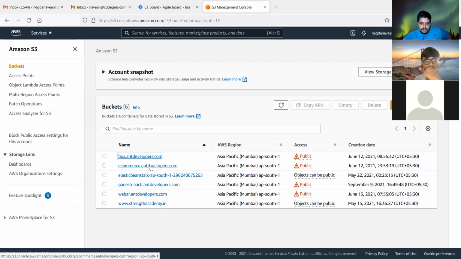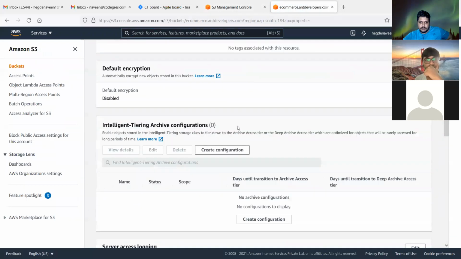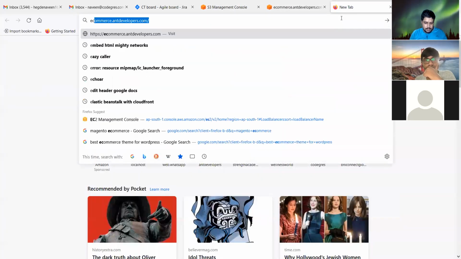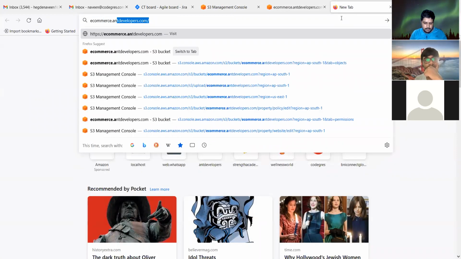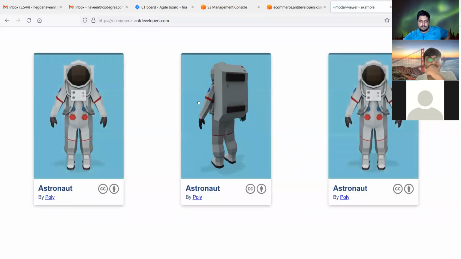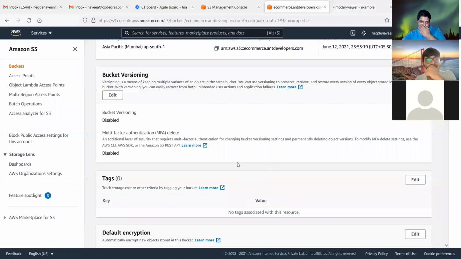But what I'll do is I'll go for e-commerce. As you can see, it's HTTPS and it's just a single bucket.